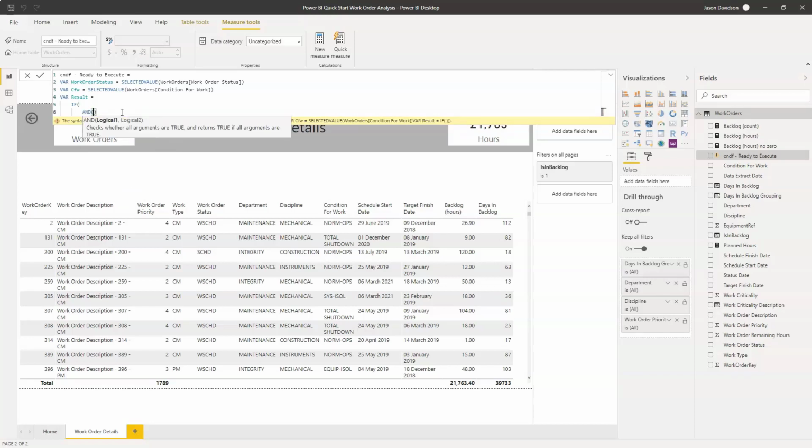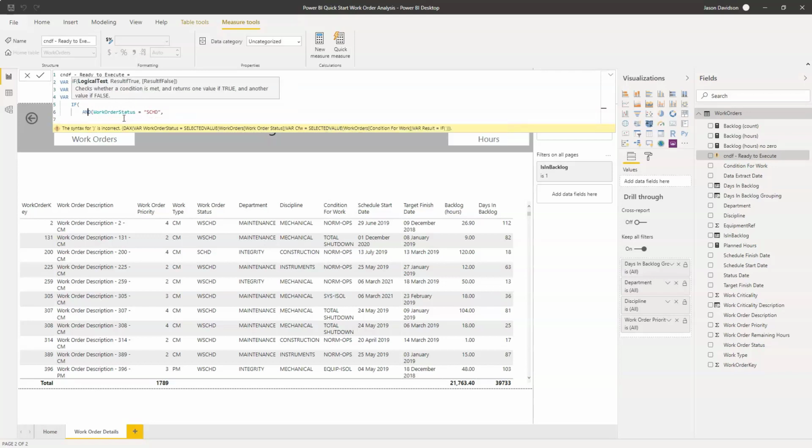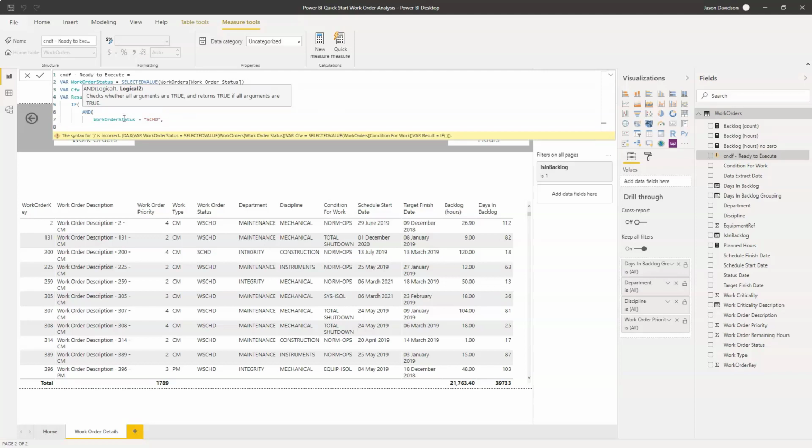It's going to be work order status equals, and we're going to call that one shed. The next part of the AND statement is the condition for work equals norm ops. So if both of these are true, then